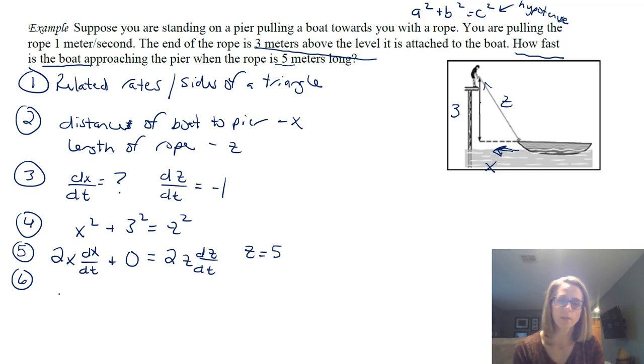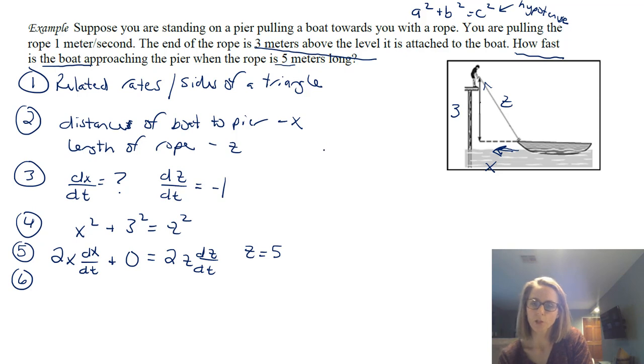So one thing to notice is we don't have x. We don't have the distance from the boat to the pier at this moment. And you might say, well, how are we going to do it? We don't have that value. So another common thing with these Pythagorean theorem problems is that sometimes you're not given enough information within the words, and so you have to find what you don't have.